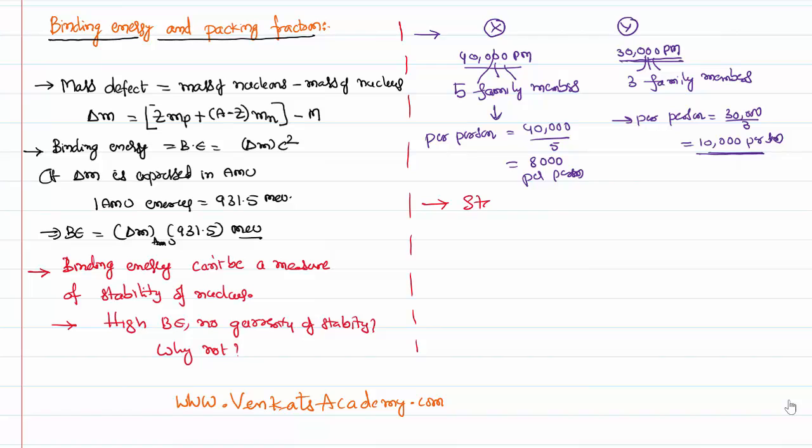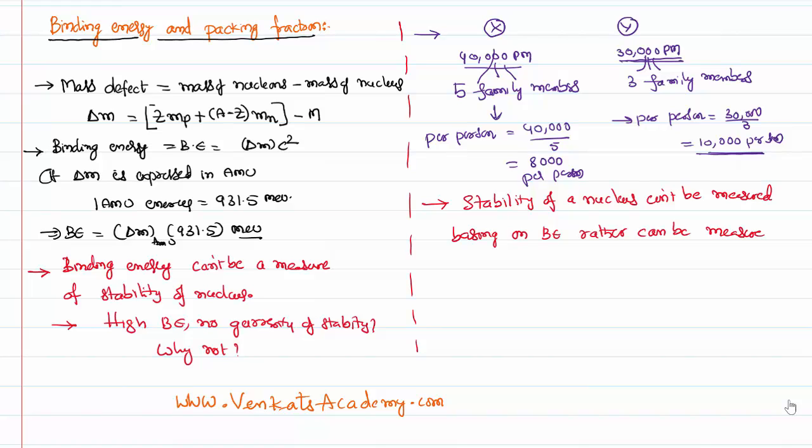Therefore, stability of a nucleus can't be measured basing on binding energy, rather can be measured basing on binding energy of the total nucleons per nucleon, like per family member, per nucleon. So if the binding energy per nucleon is more,